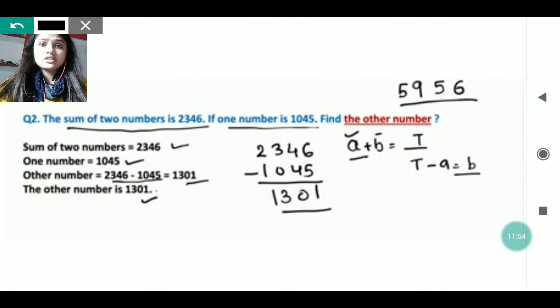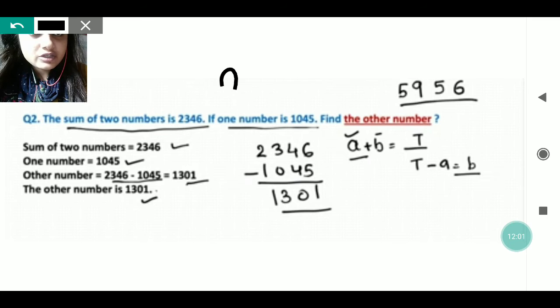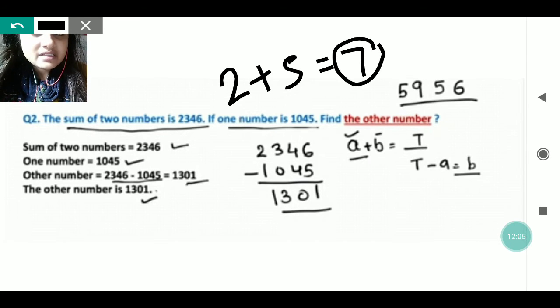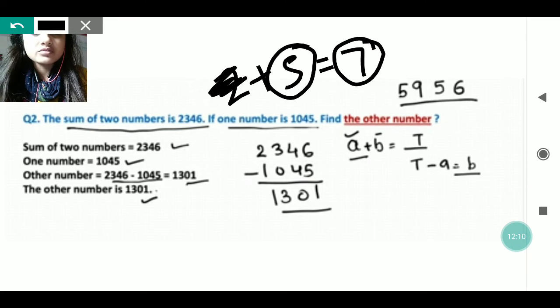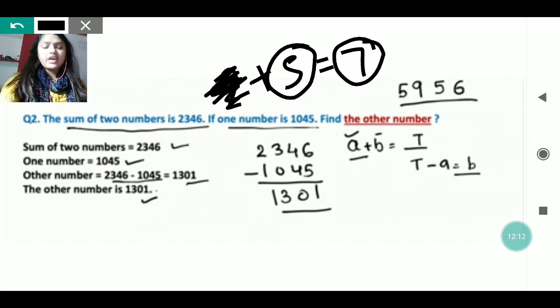Now it's the time for some word problems. The sum of two numbers. Do you know the meaning of sum of two numbers? Sum of two numbers means like 2 plus 5 if I am doing, I am getting 7. So I am having 7 as a number and another number that is 5 I am having. I don't have this 2. This 2 is not given. I have this sum of two numbers that is 7, and one of the numbers that is 5. So can we get the other number? Yes, we can. It's very easy. 7 minus 5 if we do, we will get 2, and 2 plus 5 is 7, which is the sum of two numbers.